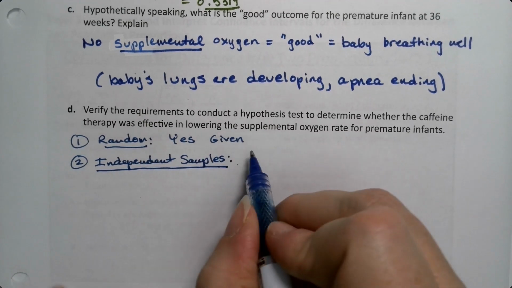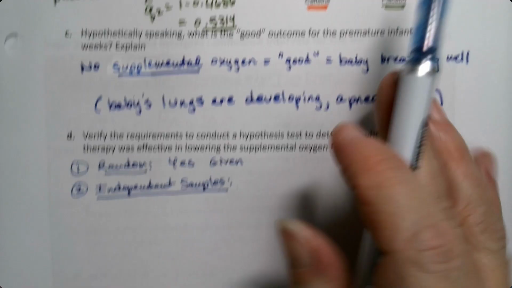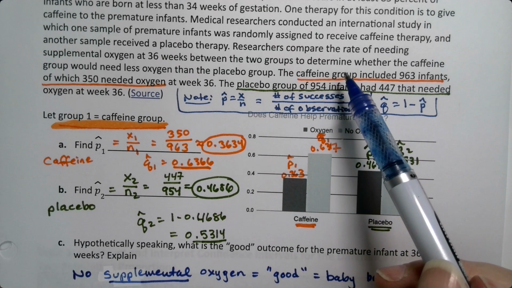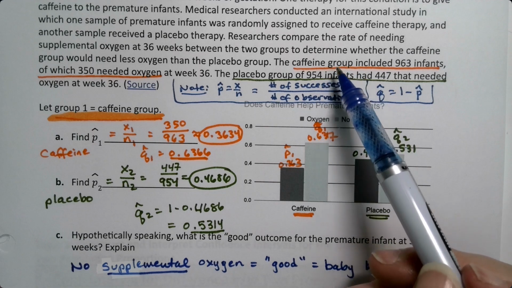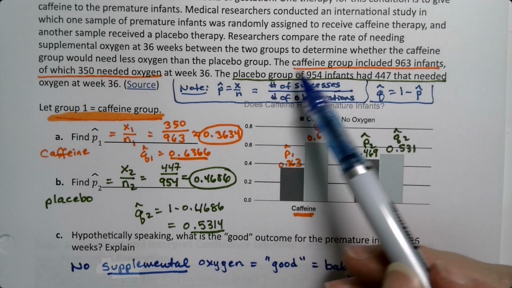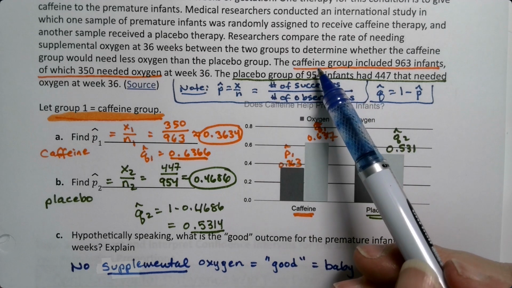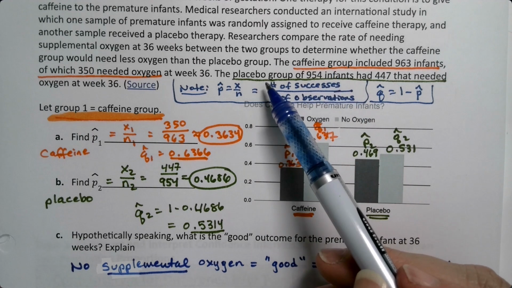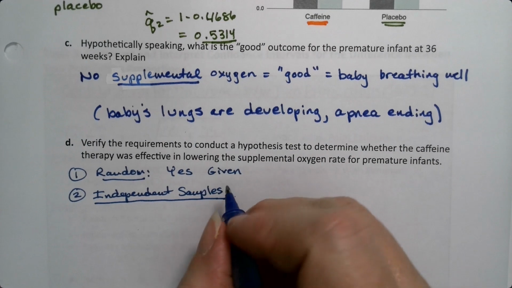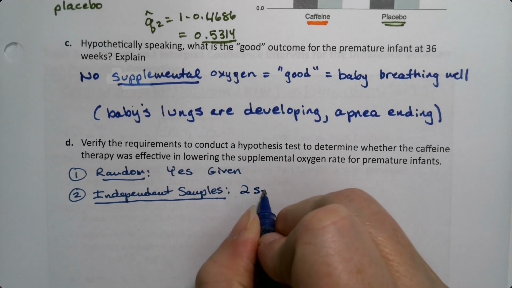Right? Done. Love it. Next, we need independent samples. All right, that is, there are 2 separate groups, right? And this is always the case. If you have a treatment with something like this, like a treatment group and a placebo group, treatment groups and placebo groups are always independent. They have to be, right? Because if you're in the caffeine group, you're by definition not in the placebo group. So I should make a note of that. So this is 2 separate groups